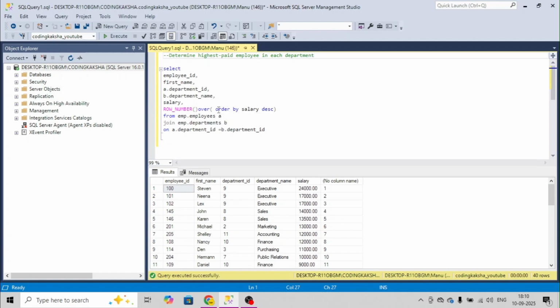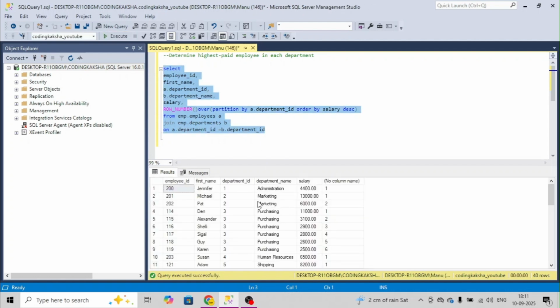So what we will do, I will partition the table on each department. I will use PARTITION BY, and we will use the department ID or department name, whichever you like to use, because both will be unique. I'll use this, and we can see we got the partition. Now we have the partition on each and every department.